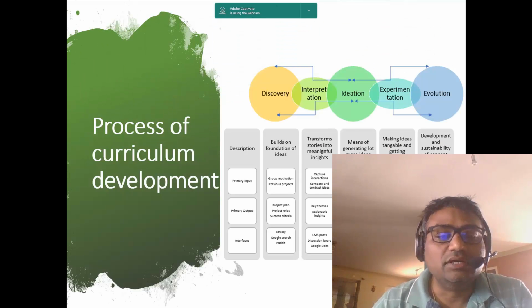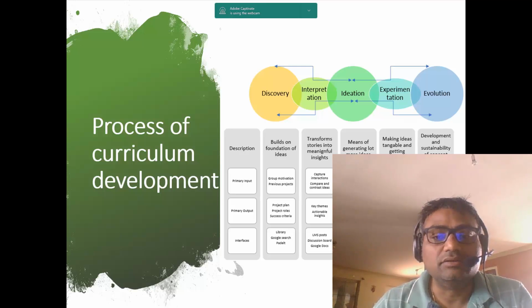The process for the curriculum, I don't want to go deep into this. This is what we applied using a design thinking strategy, where you have a broad tunnel with quite a range of ideas, and you start to brainstorm and filter those ideas. Based on those ideas, in this particular project we developed some themes, tried to experiment with those themes, and developed a program which is suitable for the context and suitable for the learning.